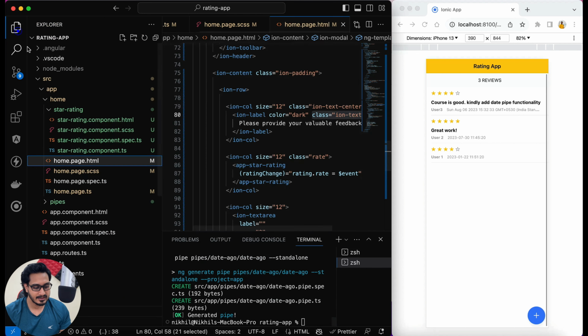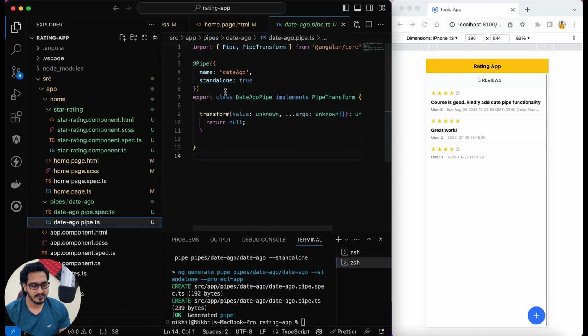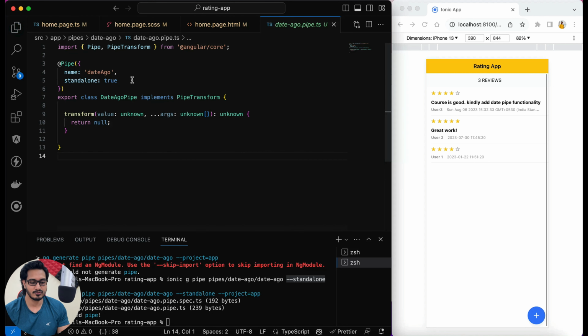So now this is created. Let's check it out here. We have this particular one and two folders are created. That's great. So this is how it looks, and we are going to transform this into the way we want. Now, first of all, I just need the value and no arguments. I think I don't need that,